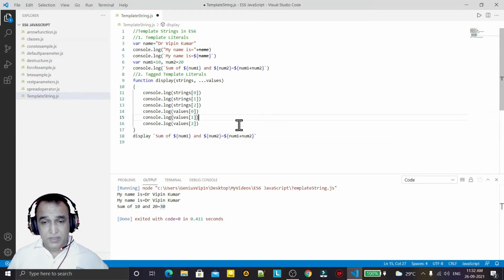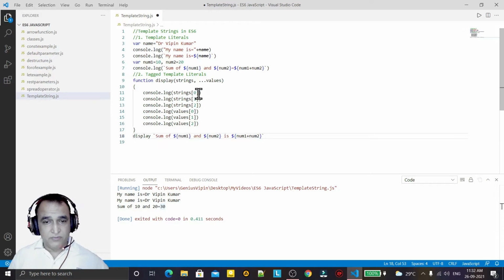Remember that this is the function, and here 1 string, 2 string, and I say sum of num1 and num2 is this one. Okay, that means 1, 2, 3. 3 strings are there, 1, 2, 3 numbers are there.